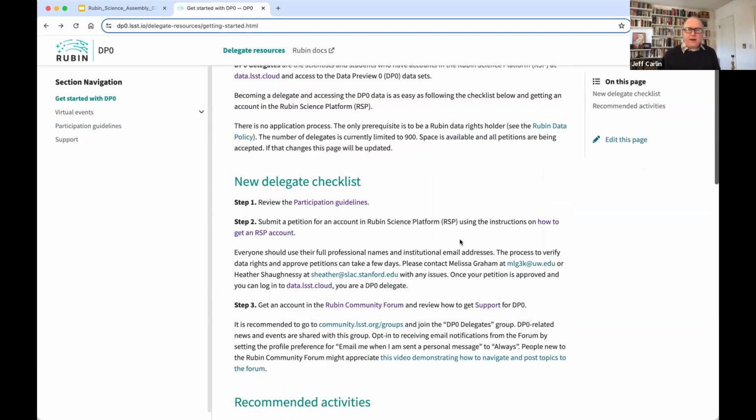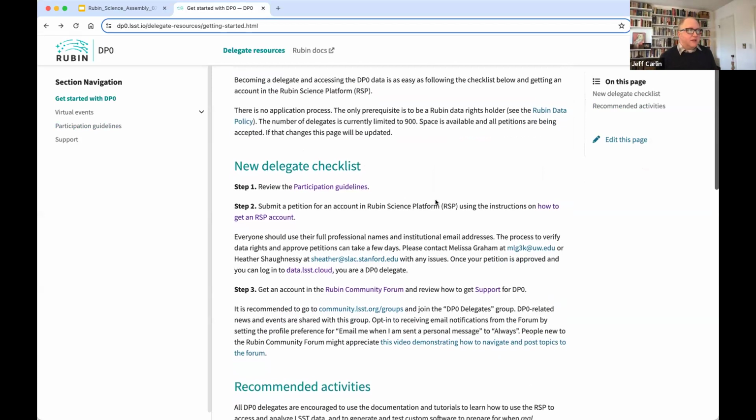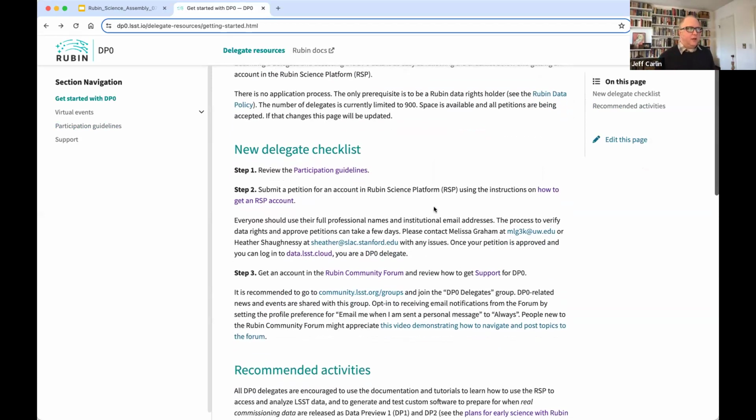If you have not yet and you would like to, the second step in the new delegate checklist is to petition for an account in the Rubin Science Platform. It's a very simple process. You basically just give your name and your institutional email, and if you do it right now, I think operators are standing by.